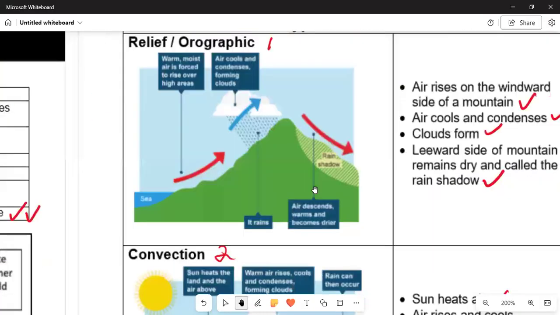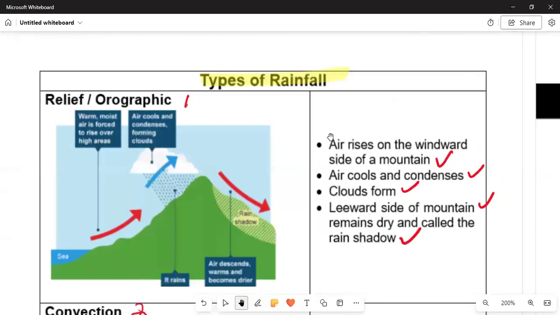All right, then we can talk about the types of rainfall. We've got a variety, and we've got different types of rainfall. And one of the rainfall types that we can take a look at is the relief or the orographic rainfall. And what is happening here, you can see that this is the sea level, and there are elevated areas. And then the air rises on the slope here, condenses to form the rain. On the other side, it's dry and it is cold.